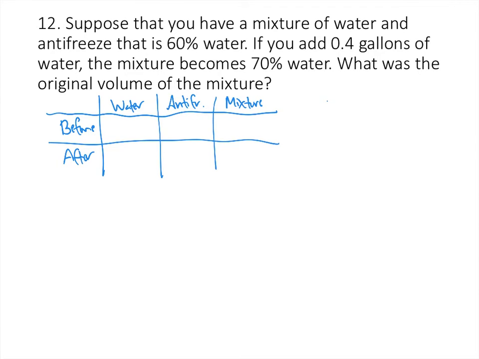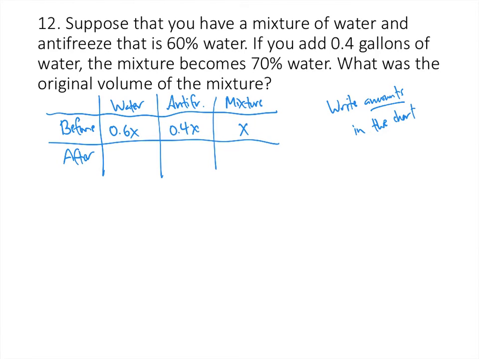And remember, what we want to write in the chart is amounts. Don't write percentages in the chart, write amounts in the chart. In this case, that's volumes. In other words, amounts of gallons. So I don't know what the volume of the mixture was before, but I do know that the mixture was 60% water. So whatever that volume was, 60% of that volume is water, and that means that 40% of that